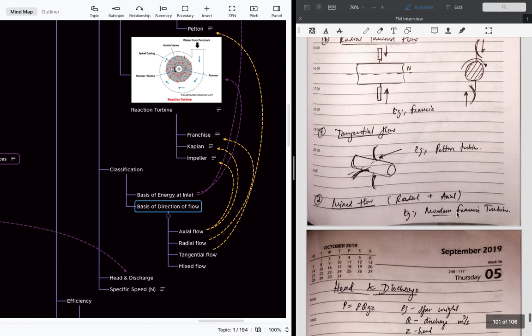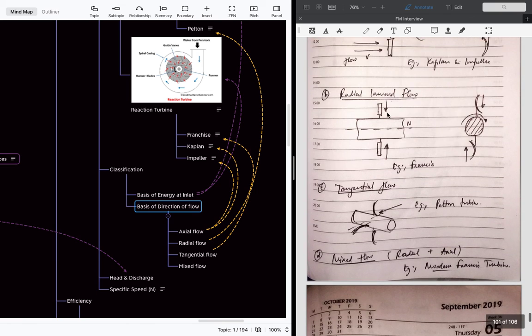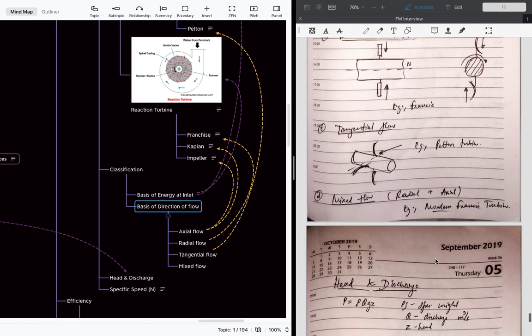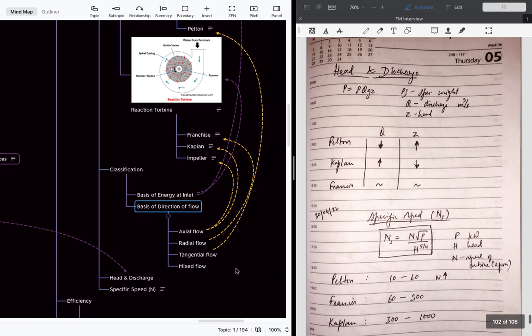And if there is a mixed flow, if it is radial as well as axial, it goes and comes like this. It is called mixed flow, and this happens in the modern Francis turbine. Okay, and next is